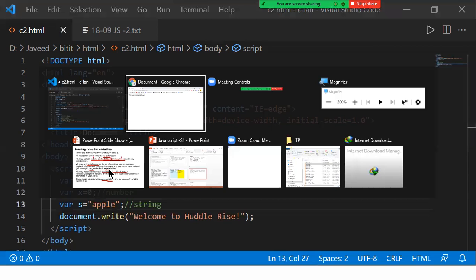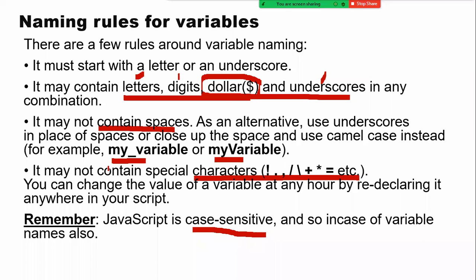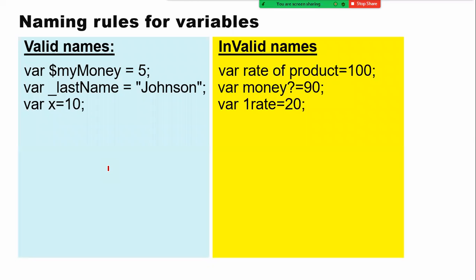Okay, so let's go back to the presentation and check what we are talking about. Now, whenever you're going to declare variables, the naming rules have to be followed. A name can start with an alphabet, or we can have the dollar symbol, or we can have an underscore. But the best practice is not to use the underscore or dollar as a first letter. The dollar or underscore can be used somewhere in the middle of your variable name, but it is always good practice not to start with the dollar or the underscore.